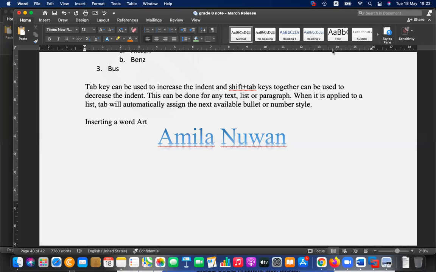Write the heading, insert in a word art. Under that, please write